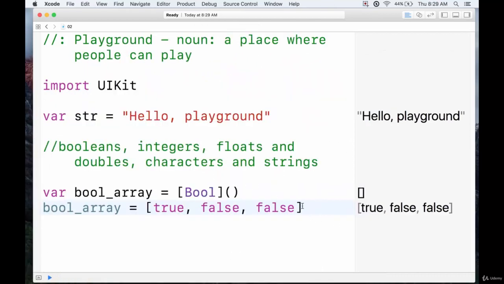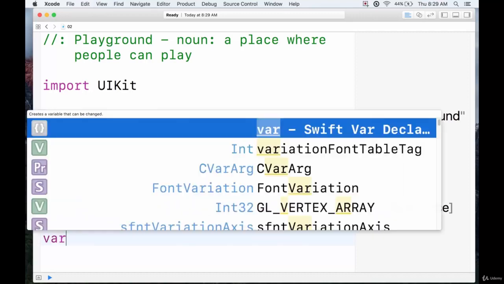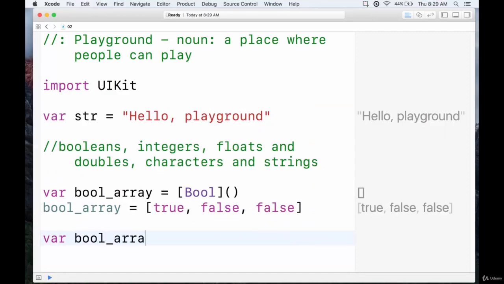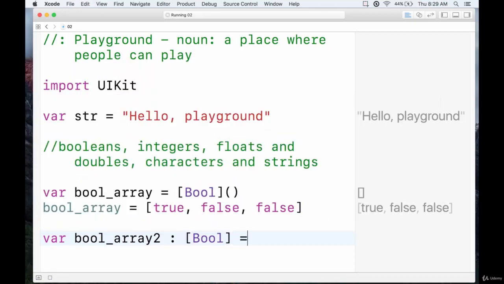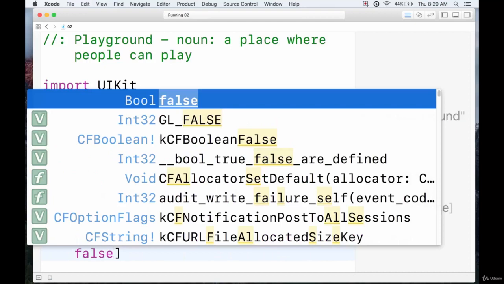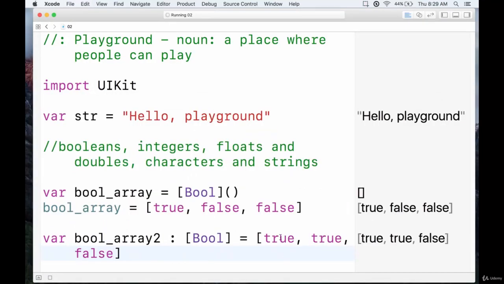So again, we could either do it this way, or we could say bool array 2, and we could just declare a type, or we could leave it blank, much like a variable, and we could just give it some values here, so true, true, false, and it does pretty much the same thing. I know we gave it slightly different values, but this is just an example of doing it on one line